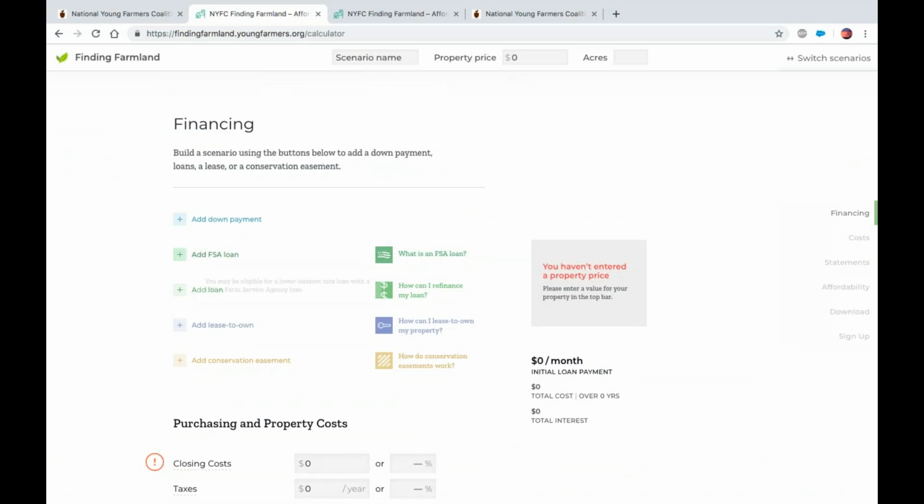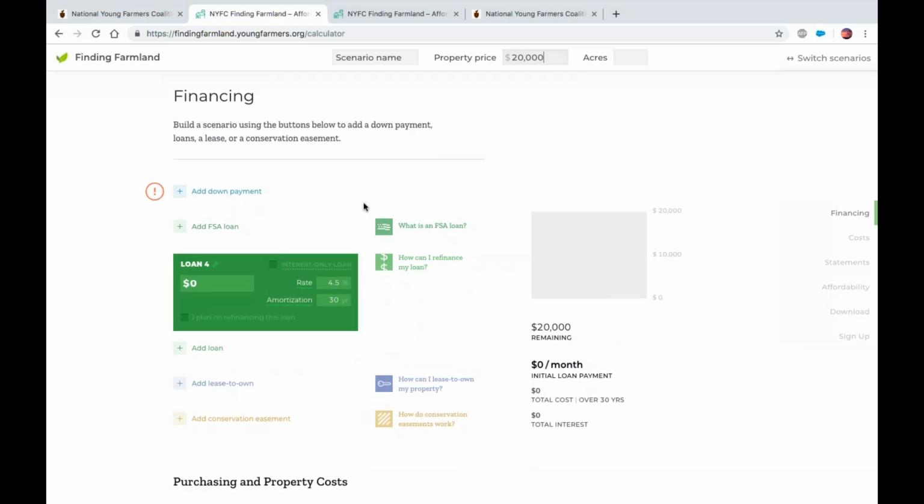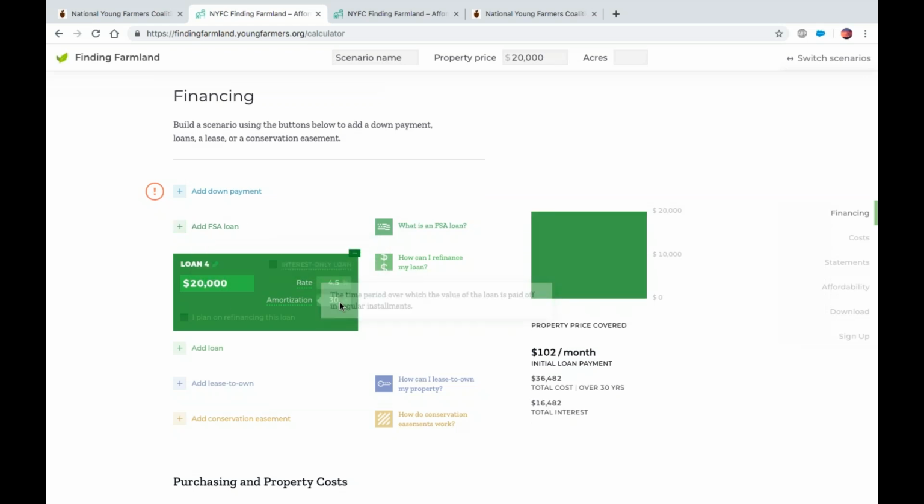Oh, one thing I didn't mention with the loan input, since we were talking about balloon payments, let's put in a price here. Whatever, it's $20,000, very cheap property. Say you were doing a contract sale with the landowner, so you got basically a loan from them for $20,000. You're paying some amount of interest, amortizing that over a 20-year period, but you actually are planning on making a balloon payment after 10 years.